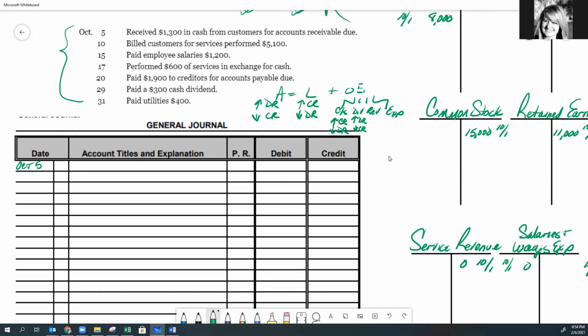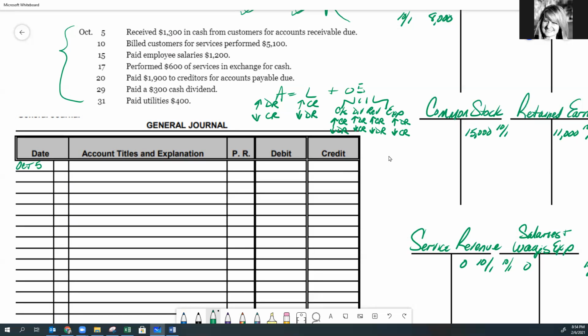All right, our revenue. When our revenue increases, that makes owner's equity increase. So we're going to do that with a credit because that's how we make owner's equity increase. And we're going to make revenues go down with a debit. And then we have expenses. So when expenses increase, they make owner's equity decrease. So how do we make owner's equity decrease? With a debit. And so if we want to make expenses go down, we're going to do that with a credit. So I'm going to leave this up while we complete these